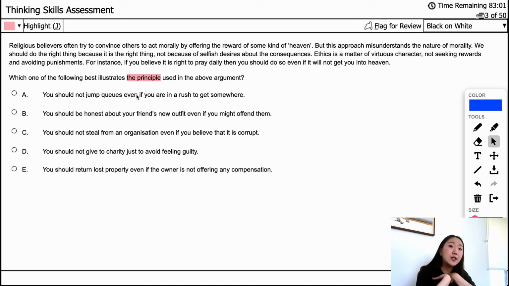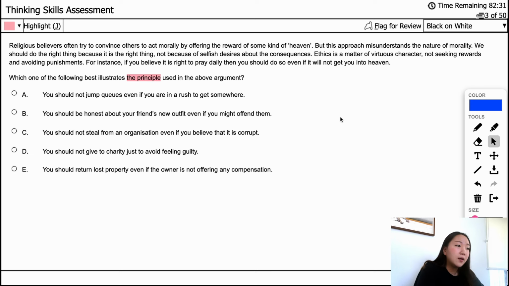So if you claim to have a principle, then you believe in a certain way of doing things, an order or a process, and you would apply the same principle to every situation that you come across, basically. So we just have to find the broader rule from this passage and then apply it to a new situation, which will be one of these answers. And so we're going backwards in that case. We're looking at what is the result of applying that rule, and then we can extract from that